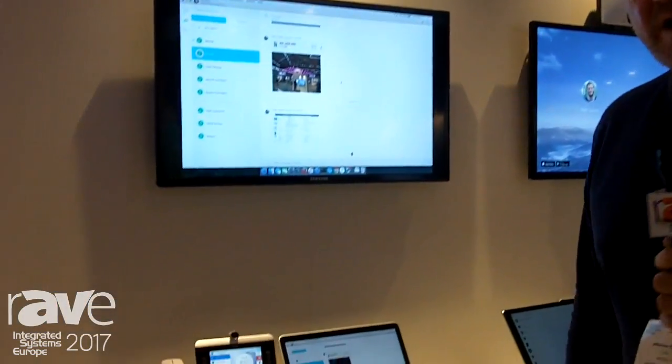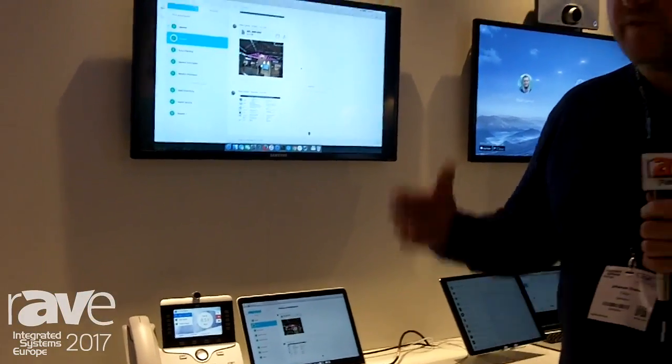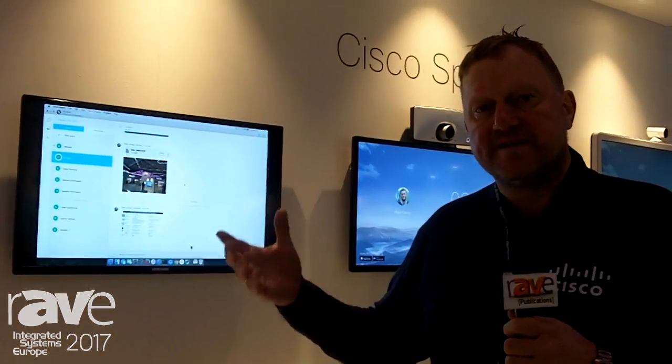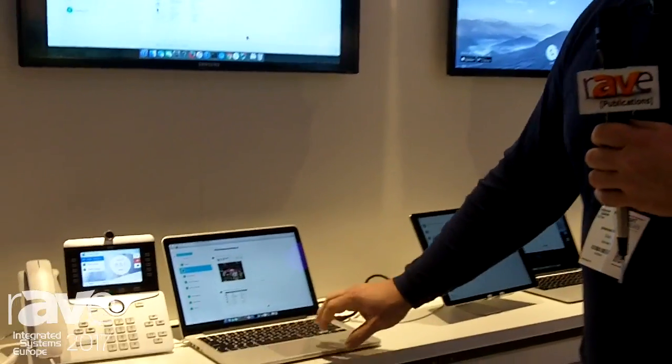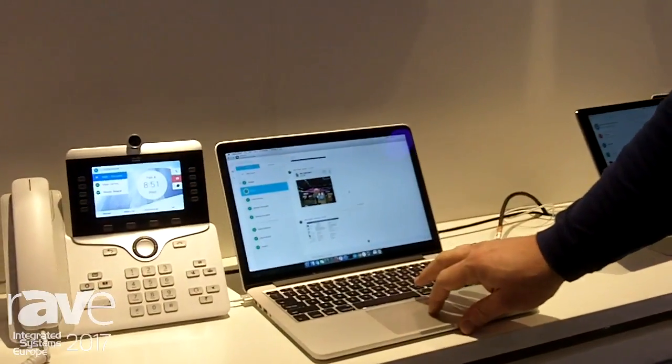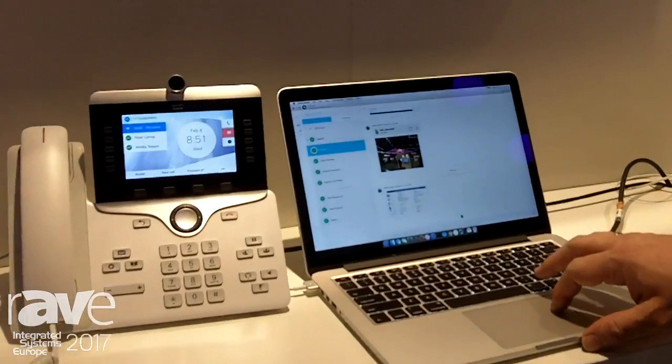Spark is a cloud-based collaboration solution where we have three workflows, basically message, meet, and call. I want to start by showing you the message aspect of this. The message aspect of Spark can easily be seen in this